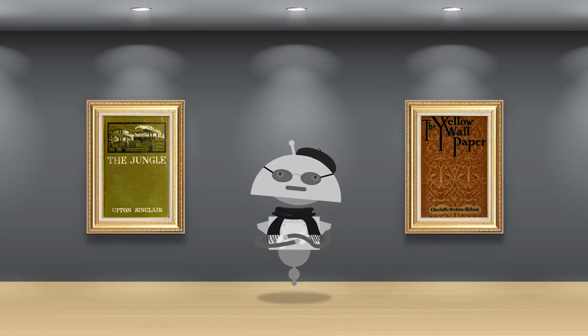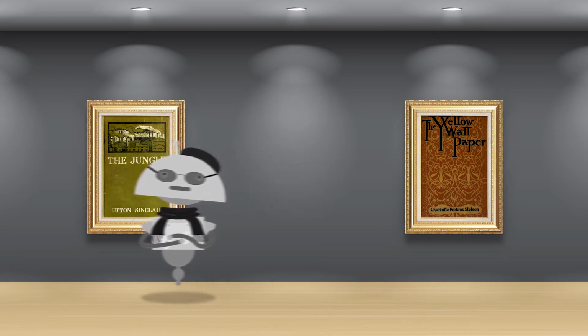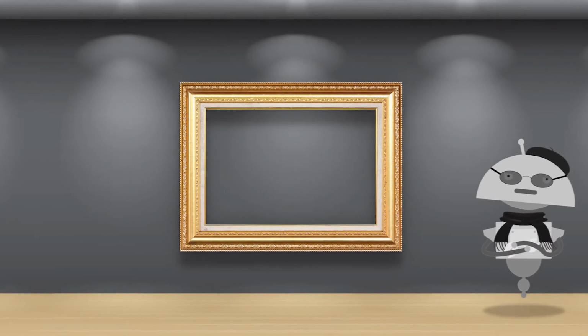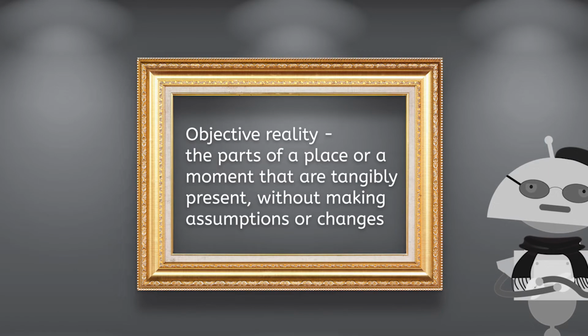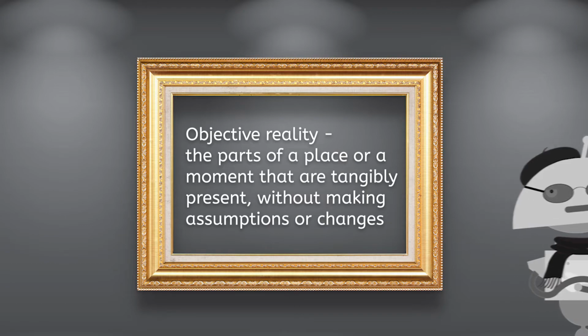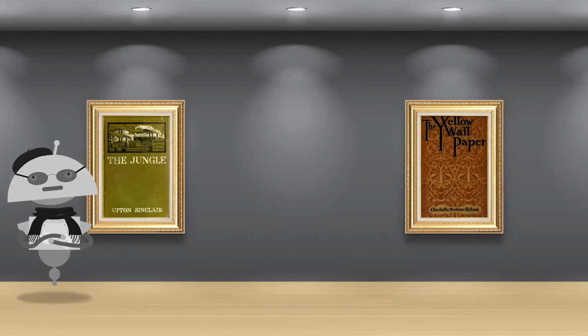Art comes in many forms, and while photographers and painters were creating images of life to motivate change, authors were creating novels to bring the stories of the overlooked to life. Realism in literature focused on objective reality, the parts of a place or a moment that are tangibly present without making assumptions or changes. Novels told the stories of many groups of people, not just the affluent white men of